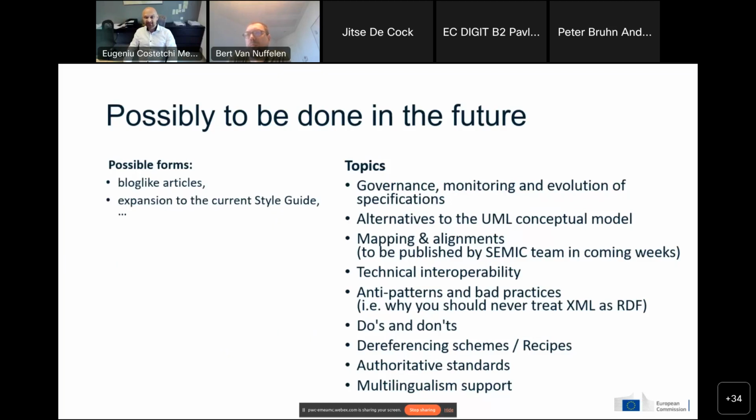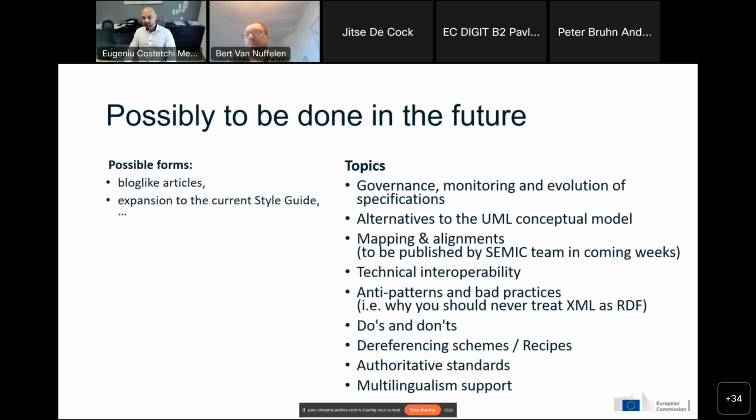This is not the approach of the style guide, and that's why this idea of blog-like articles came to be. And then the topics that we consider: governance and evolution of the specification is one hot topic that we should definitely address,